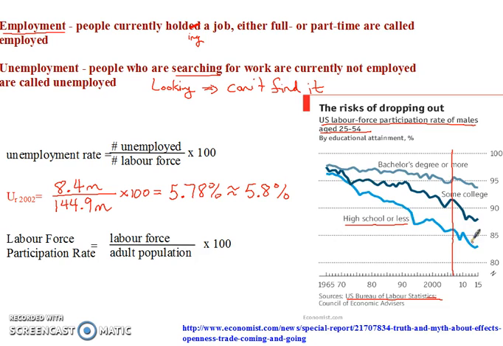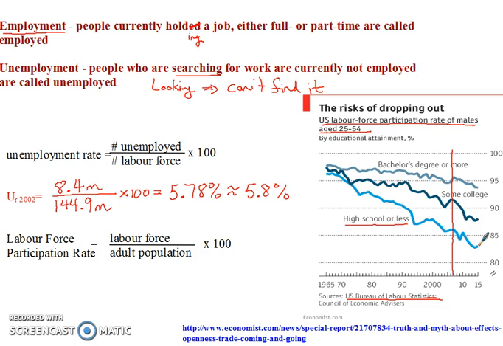Since 1965, the labor force participation rate has dropped significantly, from above 95% to below 85%, maybe 83% or something like that. This has been particularly true since the 2008-2009 Great Recession, when we have seen the labor force participation rate drop even further. But you can see that it's still part of a longer trend. So people, for one reason or another, are leaving the job market as a percentage of the adult population.